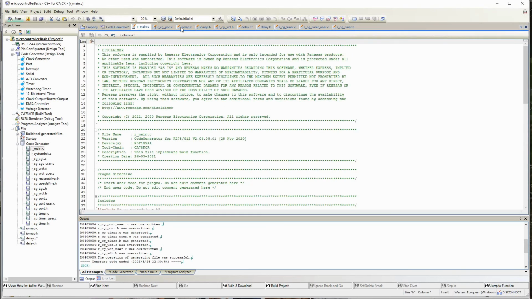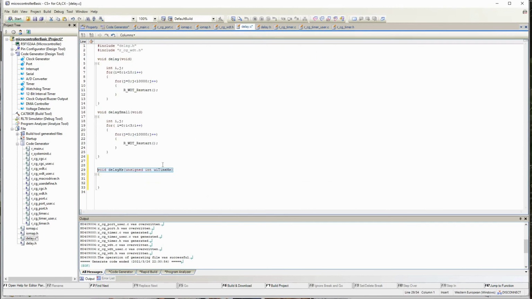If I go to delay.c, what we have to do here is start the timer, then wait for the interrupt, then stop the timer. So this is what we have to do. Let's start the timer.